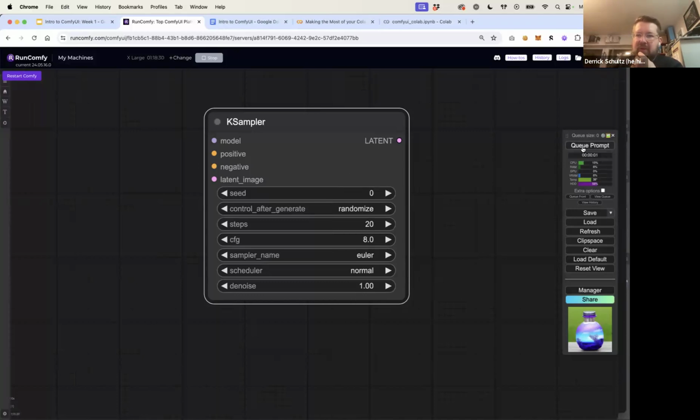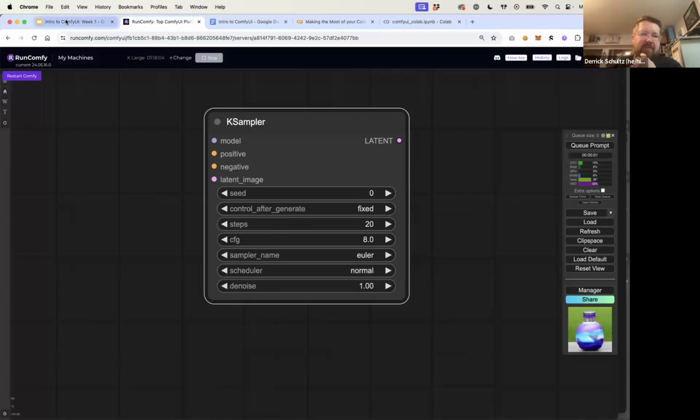I don't know if it's actually going to do this. Let's see if this works. Yeah, so it's got no outputs, so it won't actually do this. Once we build out our workflow, we'll be able to see what randomized looks like. The thing to remember is this is always after generation. So you will see the seed that you're using in this exact moment, but then when you hit Queue Prompt, it'll generate a new seed. So it's good to always make sure that you've set this to fixed if you care about the seed value, just so you know what you've got.